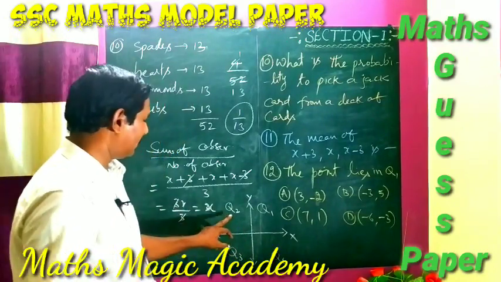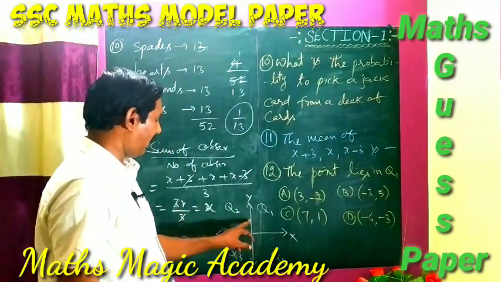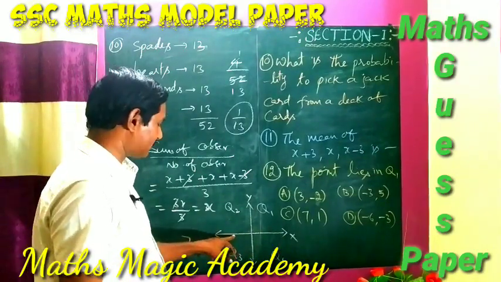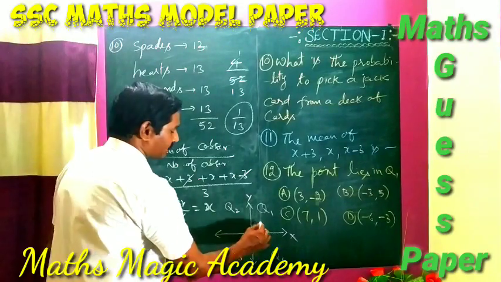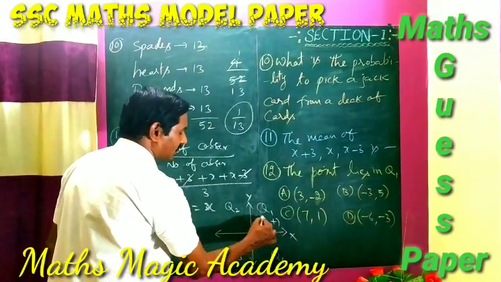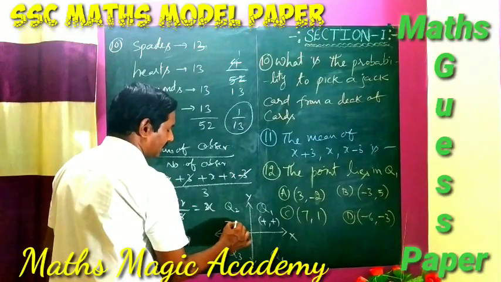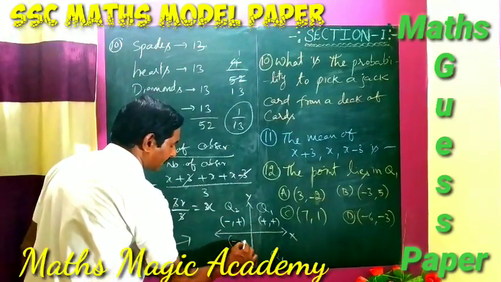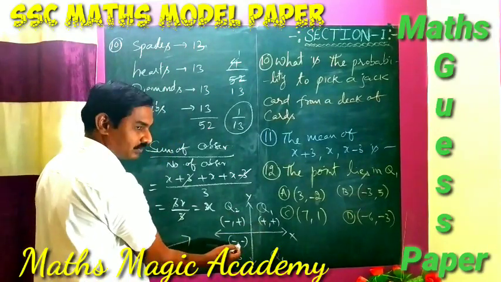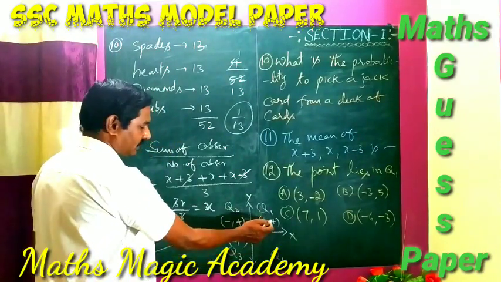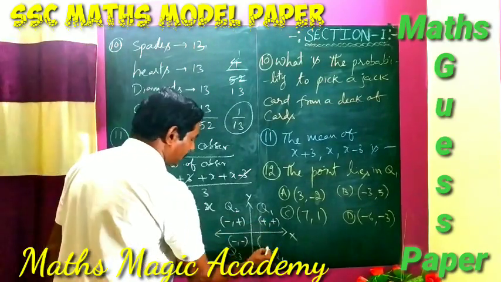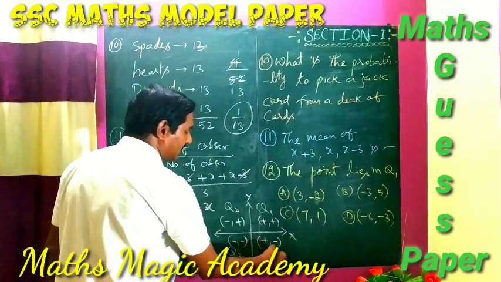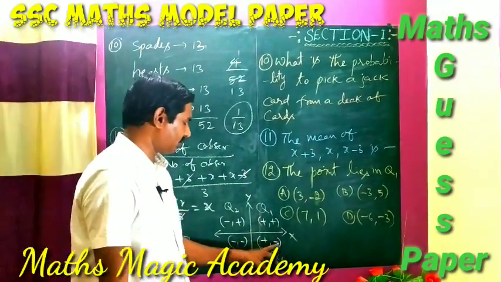And you can go to Q2. Here the y value is positive but the x value is negative. It is going in the opposite direction. So x is negative, y is positive. Here both are positive, here x is negative and y is positive, and here both are negative. Q1 and Q3: here both are positive, and there both are negative. And here the x value is plus and the y value is minus. The x coordinate is plus, the y coordinate is minus.